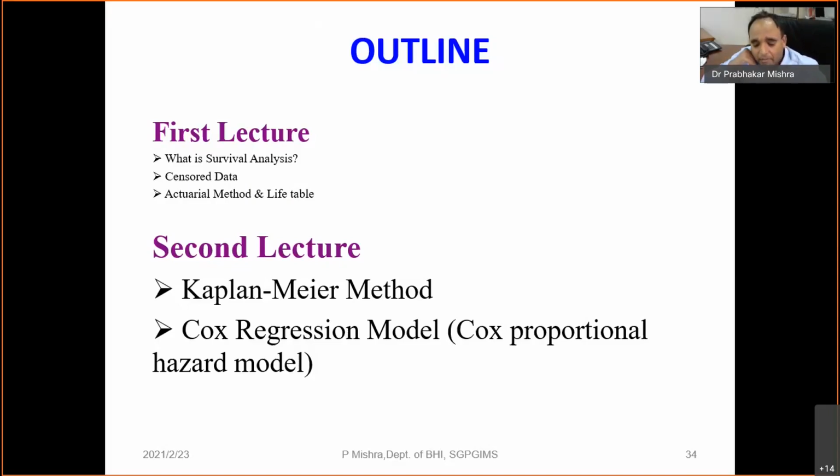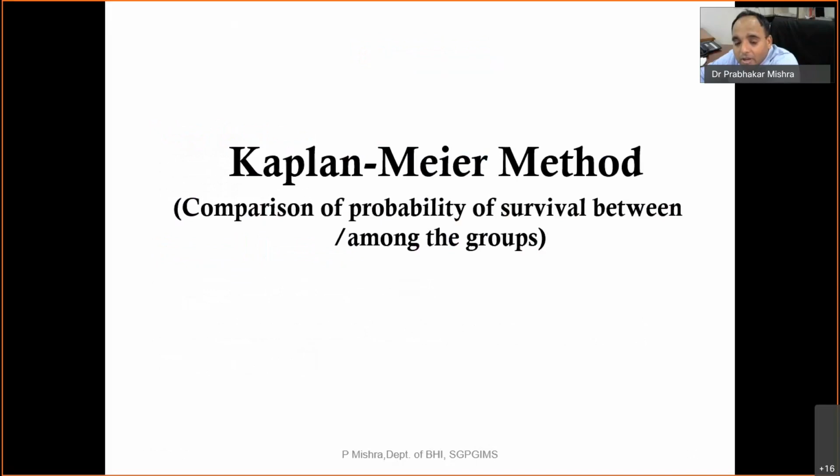of the patient. But in the Kaplan-Meier method and the Cox regression model, we can't decide the interval. The interval is automatically decided by the event. After each event, the next interval starts. So today I have to discuss the Kaplan-Meier method and Cox regression. The Kaplan-Meier method is a univariate analysis, and the Cox regression method can be used as a univariate as well as multivariate analysis.